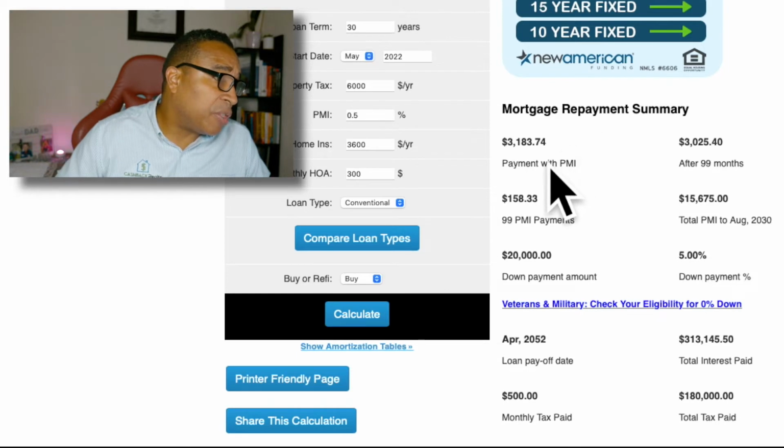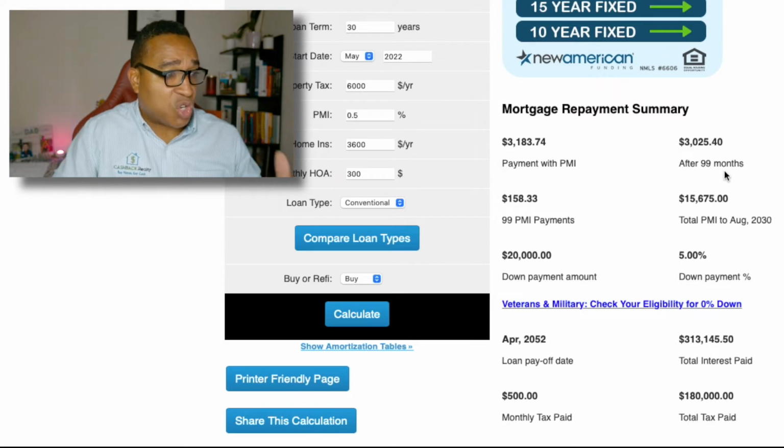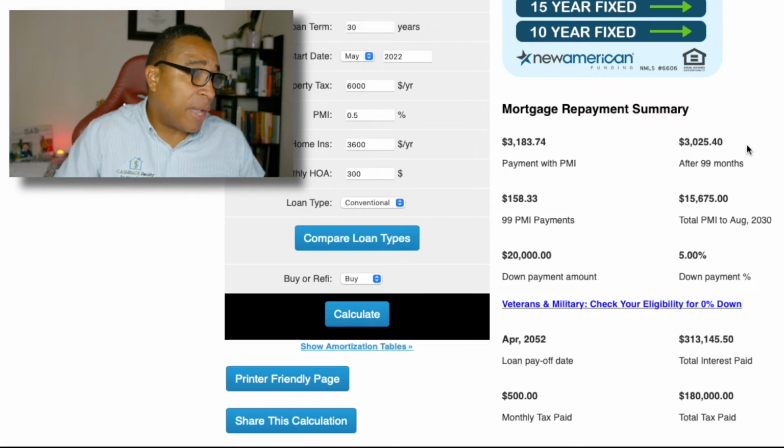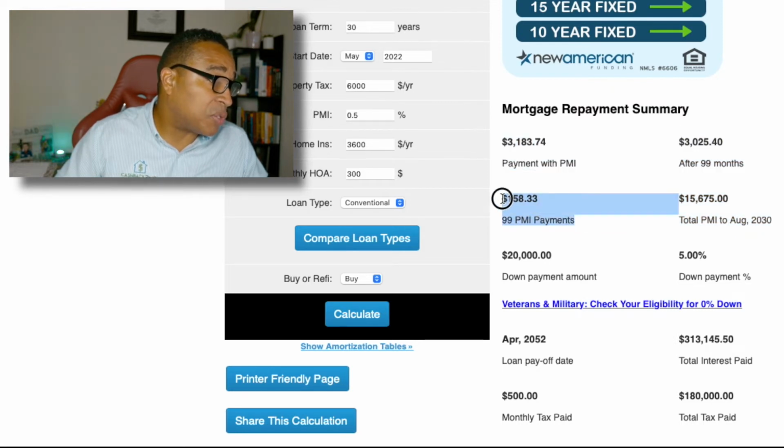You see here, that's your monthly mortgage payment. It says the payment here after 99 months. Why does it say that? Because that is the amount that's going to take you to the under 80% LTV that is required before the mortgage insurance can be lifted. That's why you see this number go down here, because it tells you right here what your PMI payments are